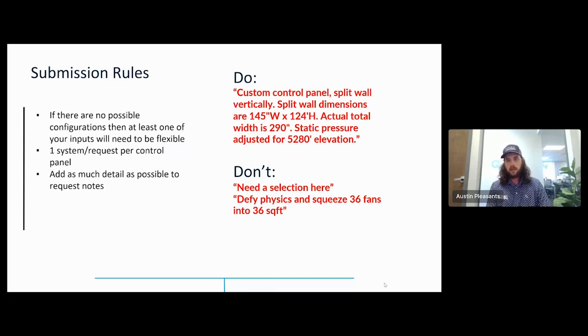So I got a few examples of some good and some not so good special request notes that I've seen. Well, two that I've seen and one that I just made up. But the first one is a very good example of a special request. It's giving us as much information as possible, and